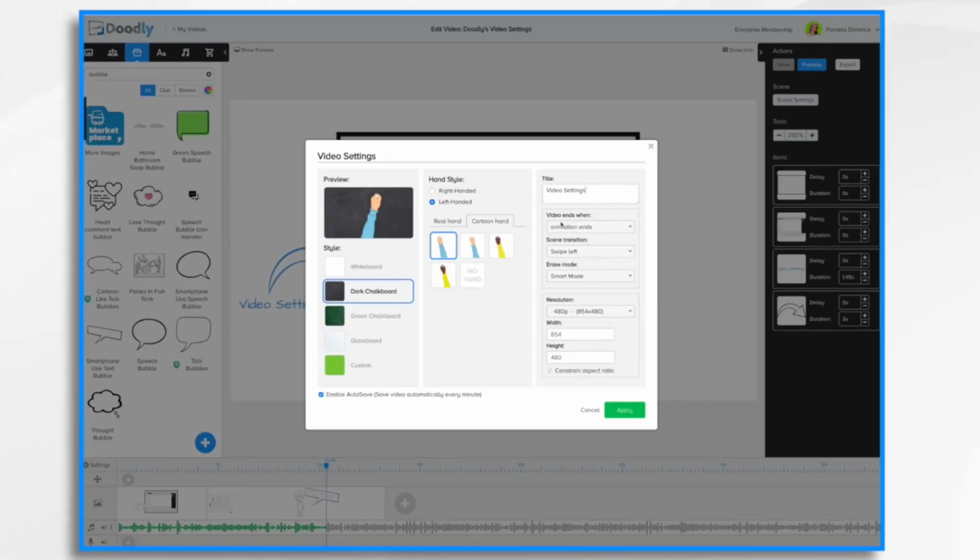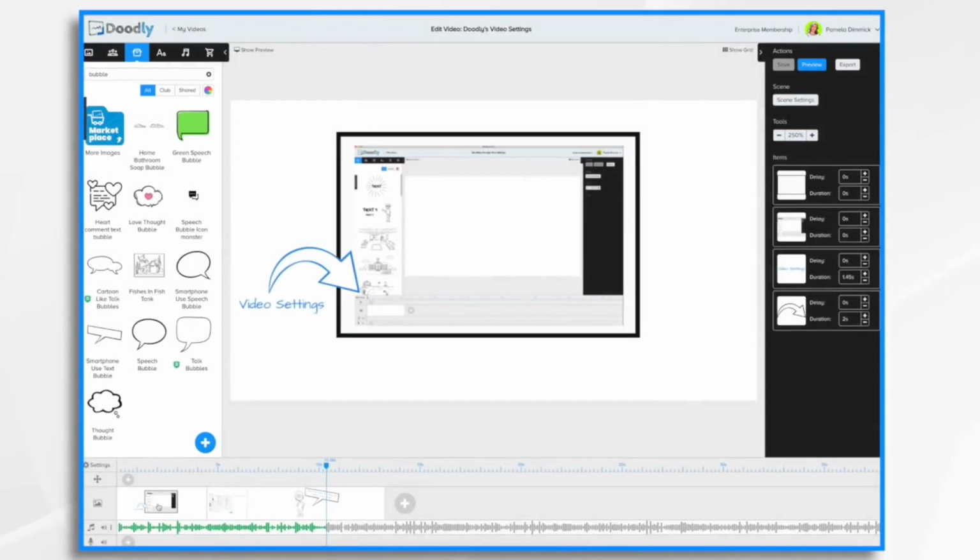Then down here, you have a few more choices. Video ends when. This one is probably better explained by showing it to you, which I'll do in just a moment. But basically, you have two choices. The video ends when the animation ends, or when both the animation and audio end. So let's get out of here for a moment. And you'll see that I have a short little video, and it has a longer music track. So if I hit preview,